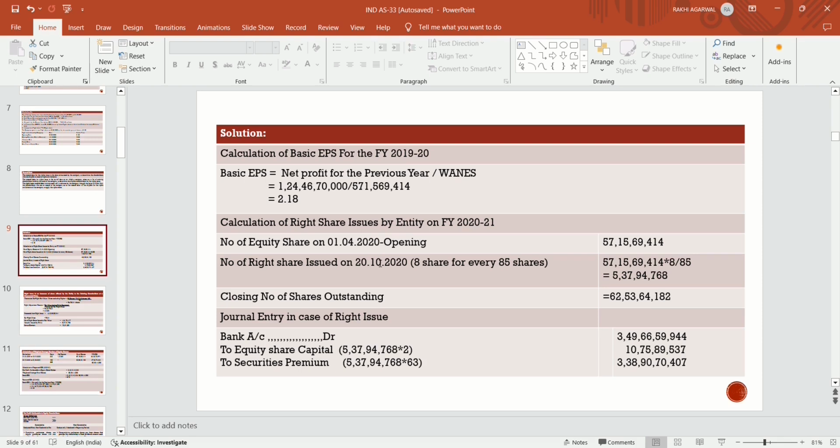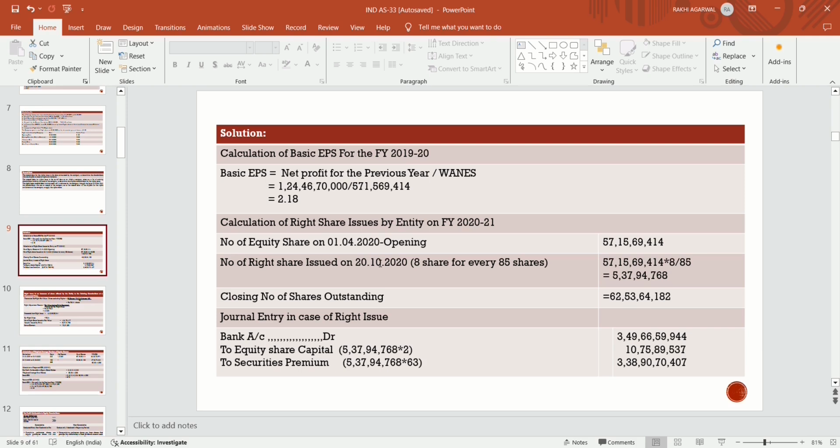Now the remaining balance is the security premium. So the right issue becomes 5 crore 37 lakhs 94,768 into 2. That is the equity share capital. The balancing amount they collected as security premium: 5 crore 37 lakhs